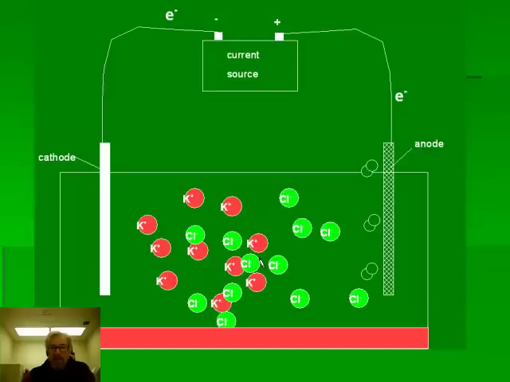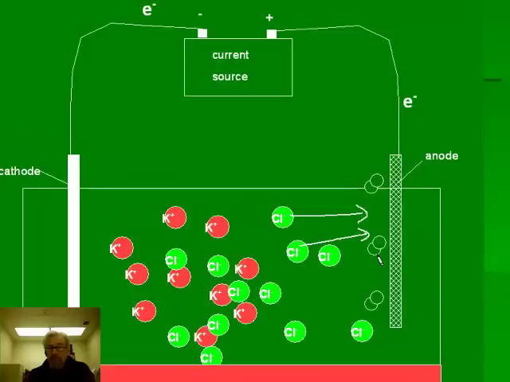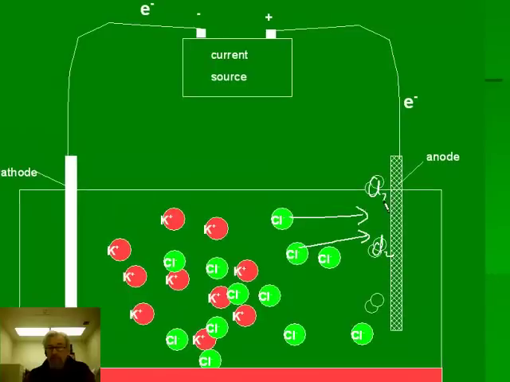So what we see happening here is Cl minuses are migrating toward the anode as the Cl2s get formed by oxidation and leave a positive region. The K pluses are moving towards the cathode as K pluses that were there at the cathode become reduced and leave a negative charge buildup. At the anode, this reaction is occurring. Cl minuses are becoming Cl2